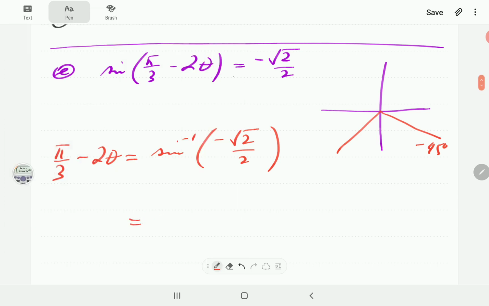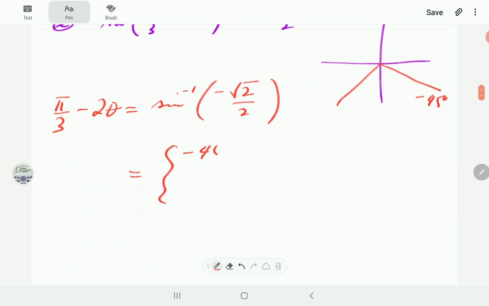By the way, it's completely acceptable to write negative 45. If you like, you can write 315. That is okay. Those two are coterminal. Then it means this is 45 as well. So 180 plus 45, that is going to be 225. And then we do plus 360k,